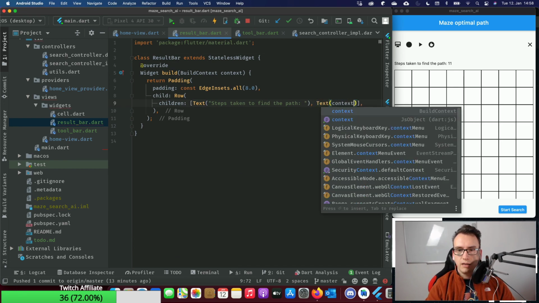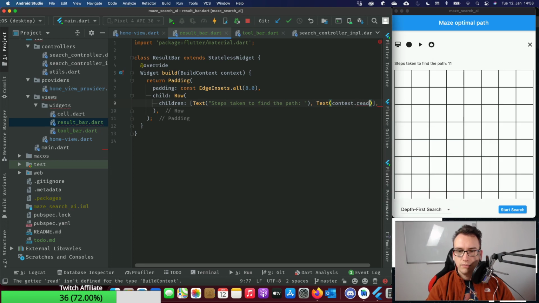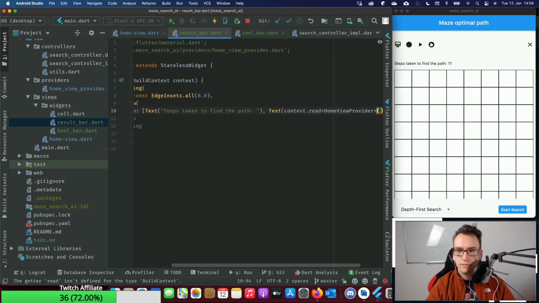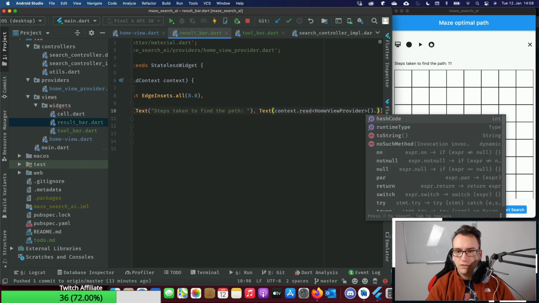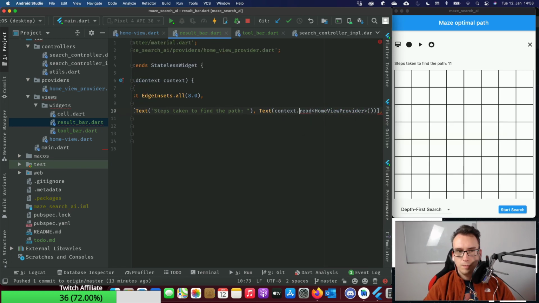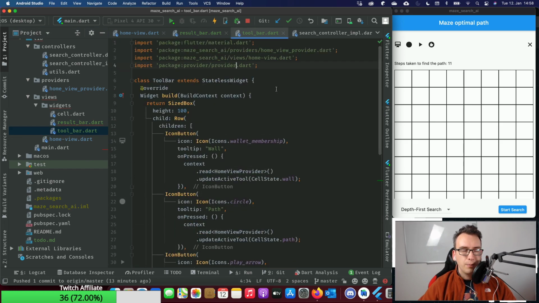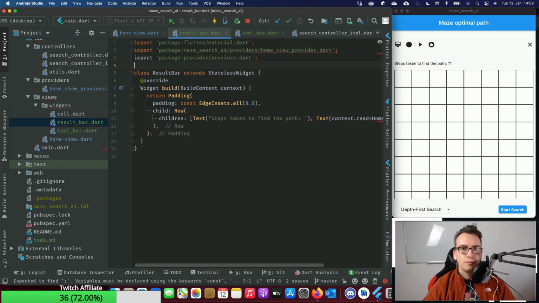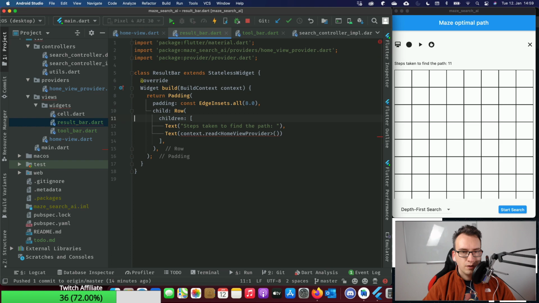Inside of here we can say context.read from the home view provider and receive our result steps. I have to import provider once more. Voila.